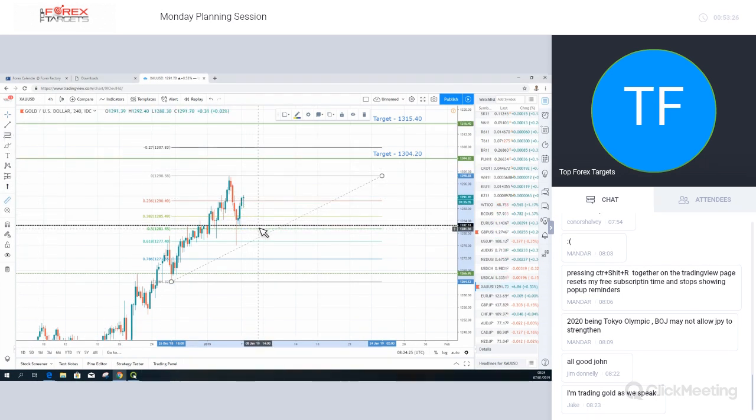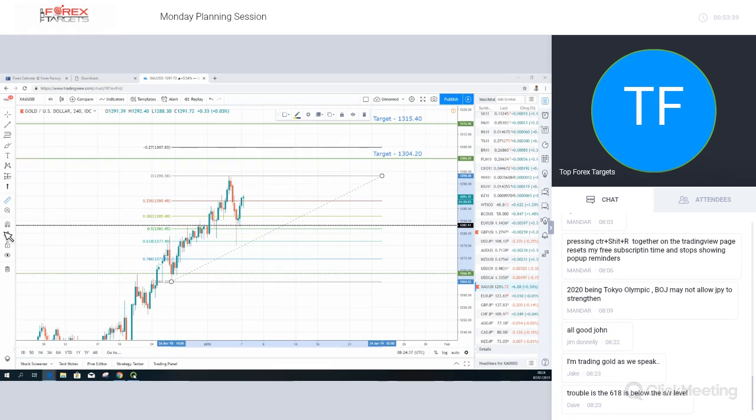You're going to end up risking 173 pips to make 223. So it's not a good risk to reward. The bare minimum is 1 to 1.5, but really you want to be looking at least 2 to 1. And if you can get 3, 4, 5 to 1 trades, this is what's really going to build your account. And you do that by dropping down, as we just discussed, and we're going to discuss again here.